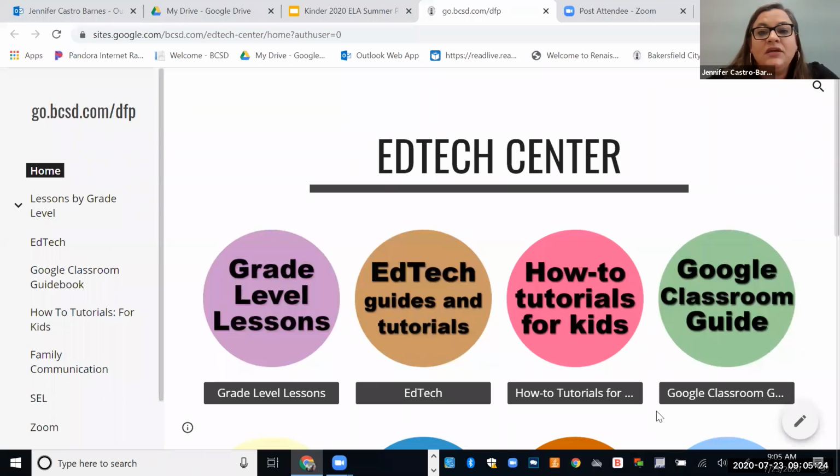So this is what the EdTech website looks like. You may have seen it if you've gone to other trainings, but this is the address, go.ucsd.com/DFP. Right down here is the menu of things that are available, and you'll also see that those match these circles here. So to get to,